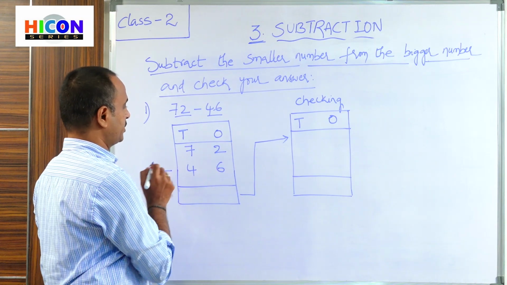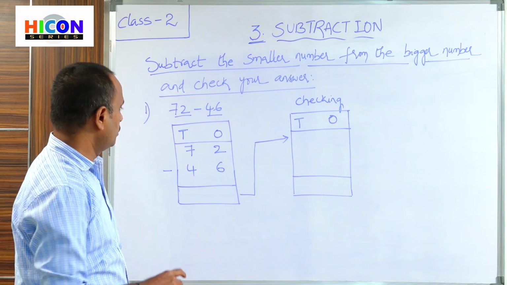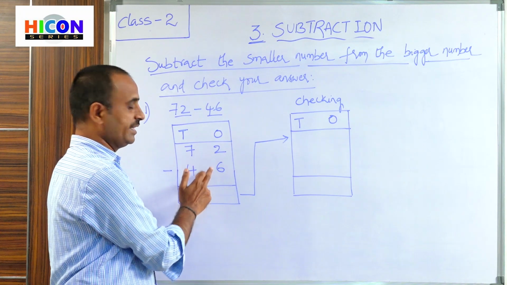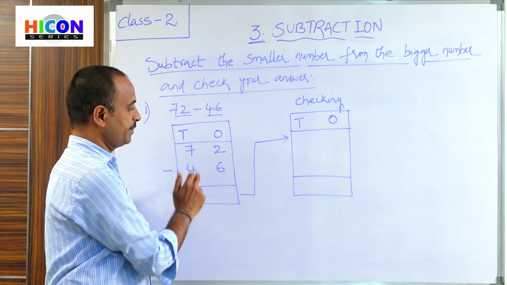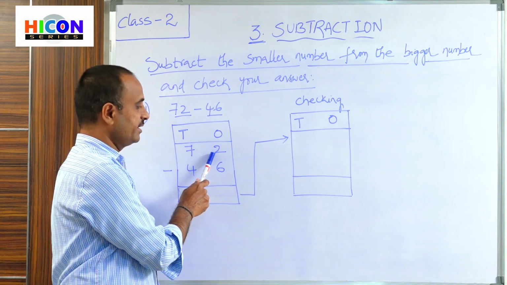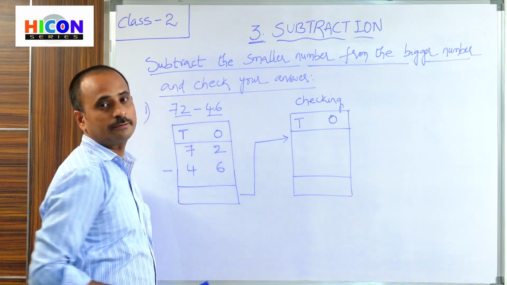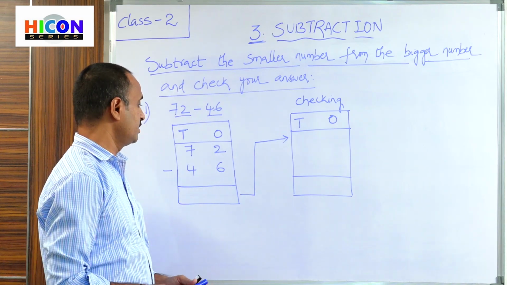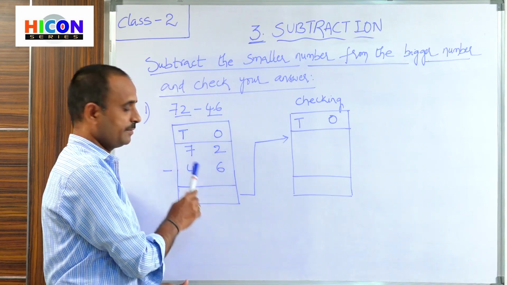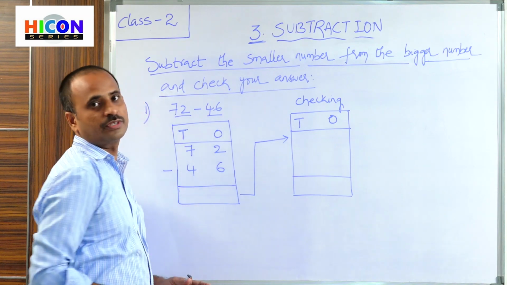Now make a subtraction. So how can we do subtraction? So let us start subtraction from the ones place. So what are the digits present in the ones place? 2 and 6 are present in the ones place. Here the first number is 2 and it is the smaller, and 6 is the second number, it is greater. And we cannot subtract 6 from 2 because 2 is the smaller number, 6 is the bigger number. Here subtraction is not possible.